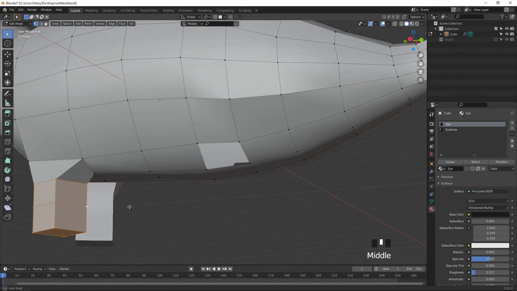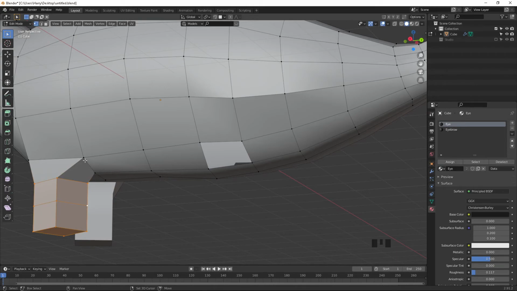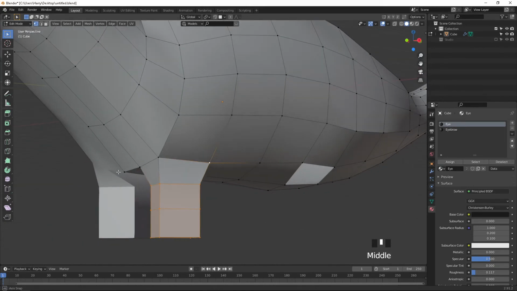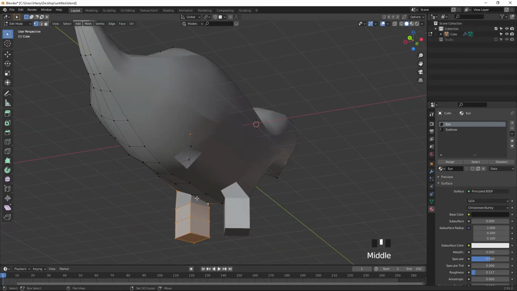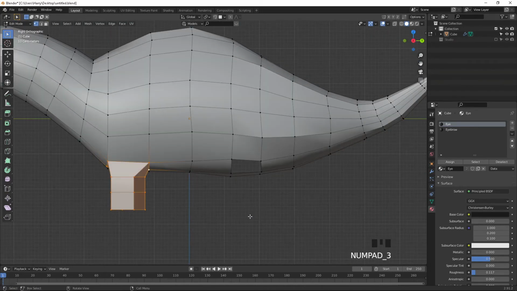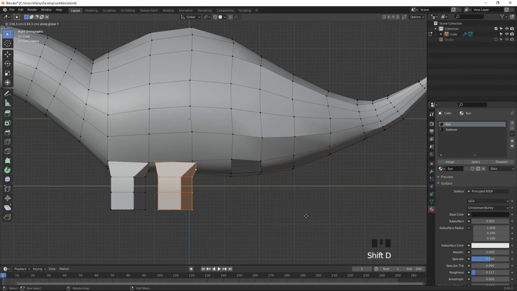Okay, select these vertices and right click, Shift D to duplicate, Y axis, move towards like this here.